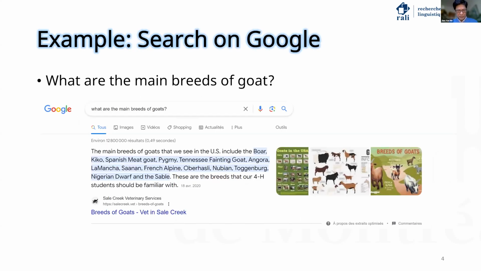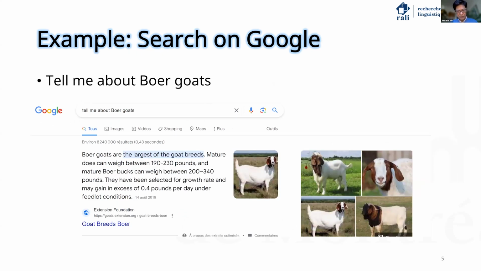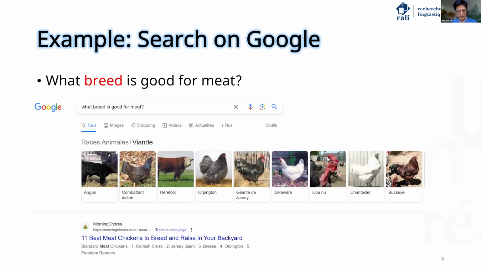Now, suppose that we submit those queries to Google. We can imagine that the first query will get very good results about the different breeds of goat. And then about the Boer goats, the result is also good. And the last one is somehow problematic. When we ask what breed is good for meat, we see a lot of chicken breeds, not goat. And this is just one example to show that currently on Google,